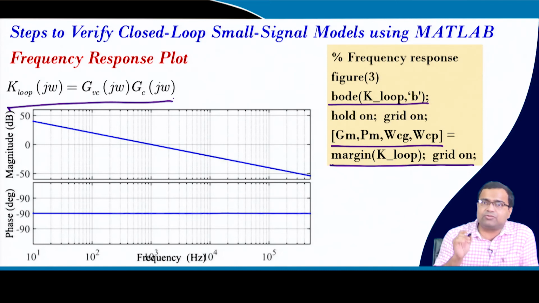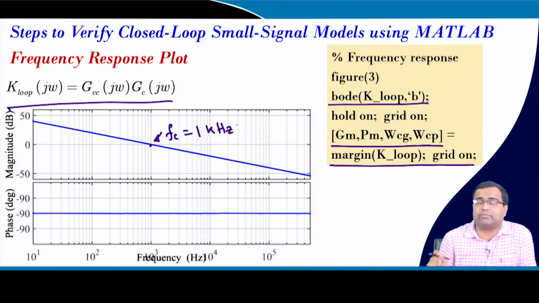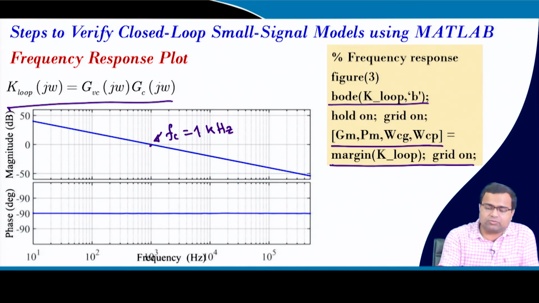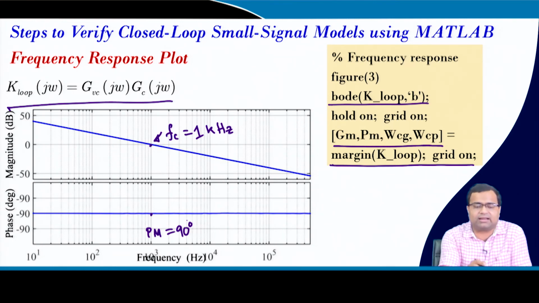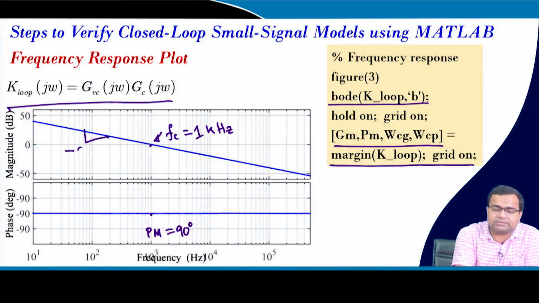Here we have used what is our desired. So, you see this is our cutoff frequency. So, I set here cutoff frequency to be 1 kilohertz, whereas my switching frequency is 500 kilohertz. It is too low, but I will show you why. In a moment we will go to that point, 1 kilohertz. And you see the phase is minus 90 degree. So, our phase margin is, in this case, 90 degree here, right. So, from the Bode plot it is very clear, and you can see it has like a minus 20 dB per decade.